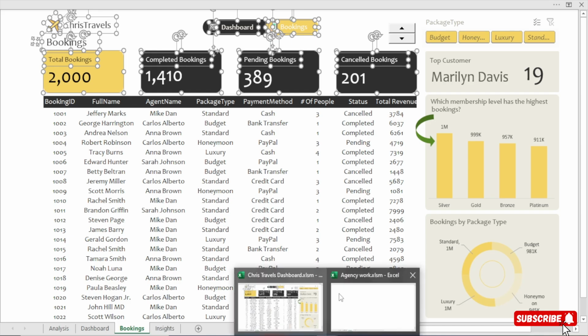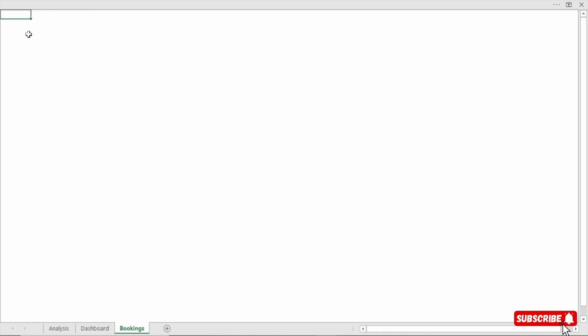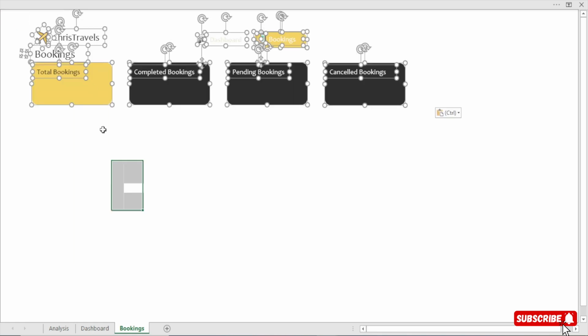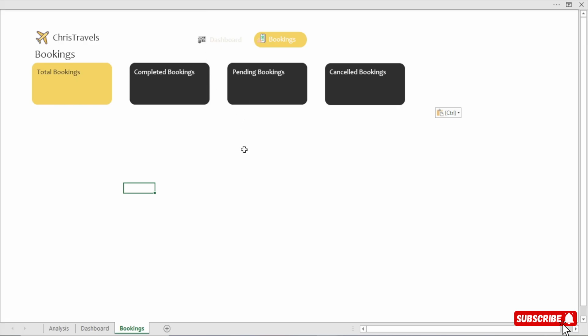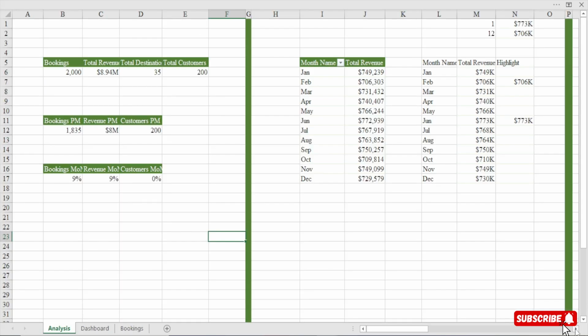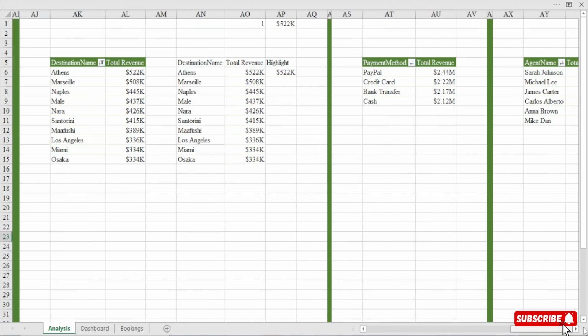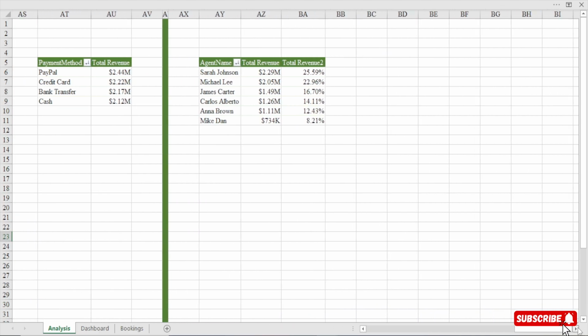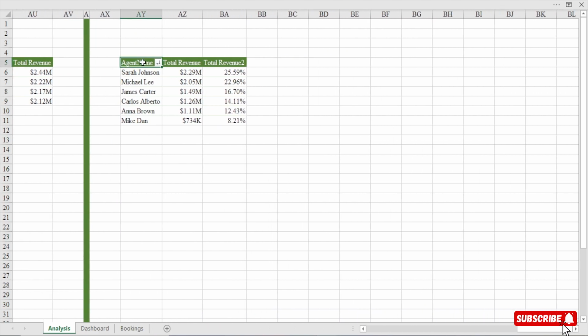Then when I come here, I'm going to paste everything here like this. You see that? Perfect. So this is what I have here. So that is that. Now, when I come to my analysis sheet, I am going to copy this, paste this one here,